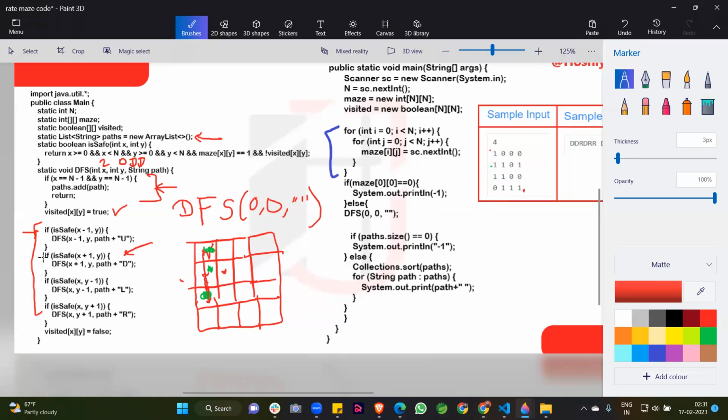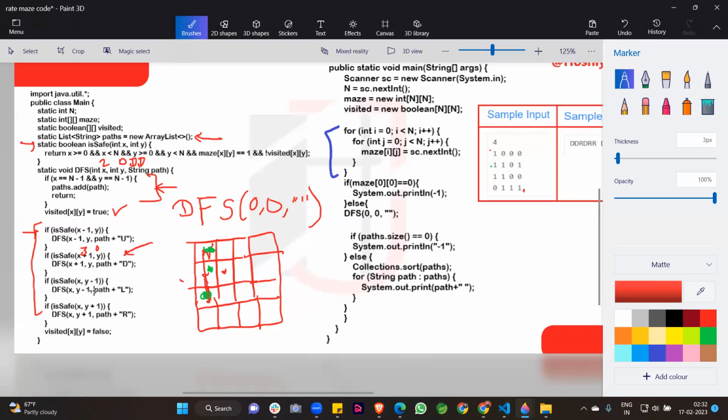So we come to this line, is safe x plus 1. What is the value of x? X is 2 and y is 0. So 2 plus 1 is 3. Now the value is 3 comma 0. So guys, now it is interesting. Please understand what is happening here. We are calling 3 comma 0. When we are calling 3 comma 0, you can see here what is at 3 comma 0. This is the 0 here. So when we are checking the is safe function, we come to this line, boolean is safe 3 comma 0.